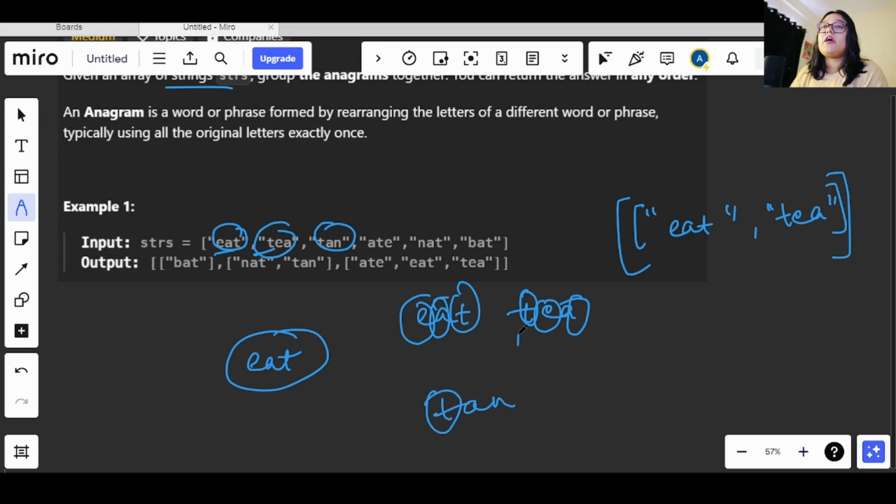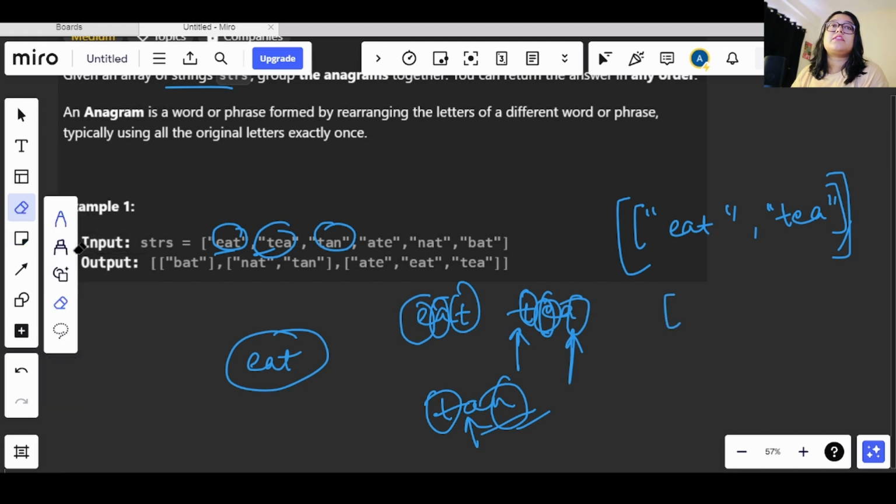We have t here, it is same. Then we have a here, we have another a, but we have an n which is not agreeing here. So this is a different word. This will not be an anagram of eat and tea. So we will just add it in another list inside the array. So we have tan here.